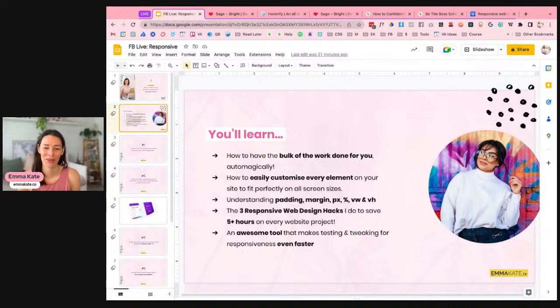And I'm also going to share an awesome tool that makes testing and tweaking for responsiveness even faster. It's one I only discovered last year, and it's been super helpful. Okay, so